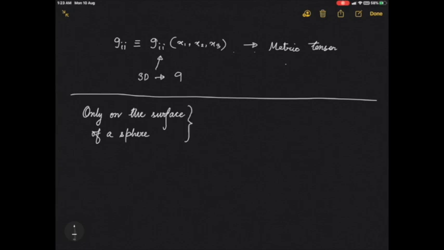Okay, so let's ask the question again. What will be the metric, which gives you the infinitesimally separated distance between any two points on the surface of a sphere? What will it be? So if I call it dr square,